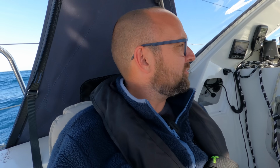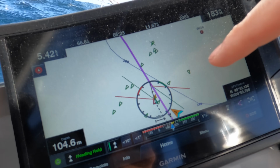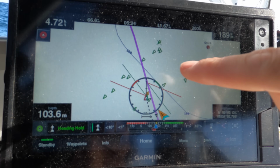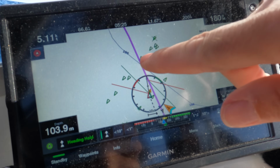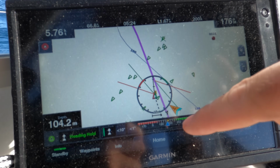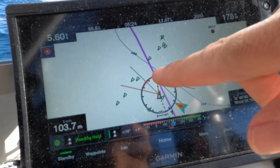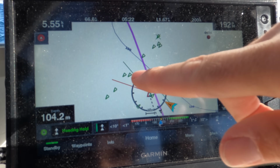We're about 9 hours in, and the wind has been nice and stable. We've been barreling along at 5 to 6 knots the entire time, and we are slowly coming up on the eastbound traffic. As you can hopefully see here on the old trusty chart plotter, there's a bunch of green AIS markers here. That's all of the big ships heading into the English Channel. We're the little colorful guy down here, and we've got about 11 miles to go until we get into this